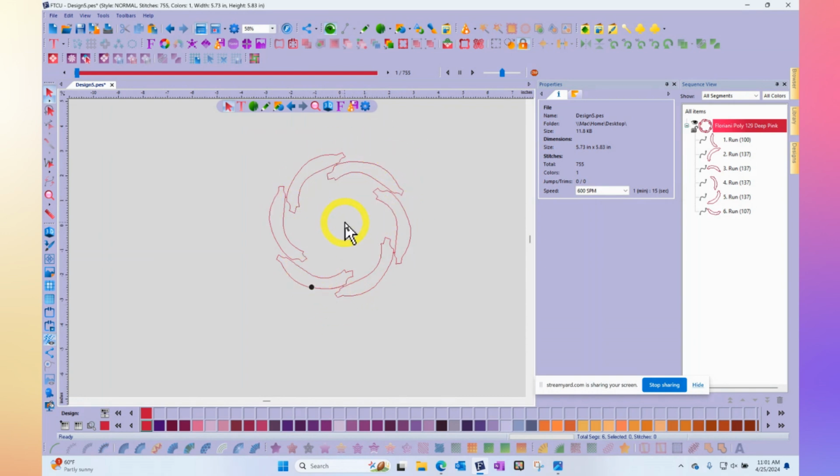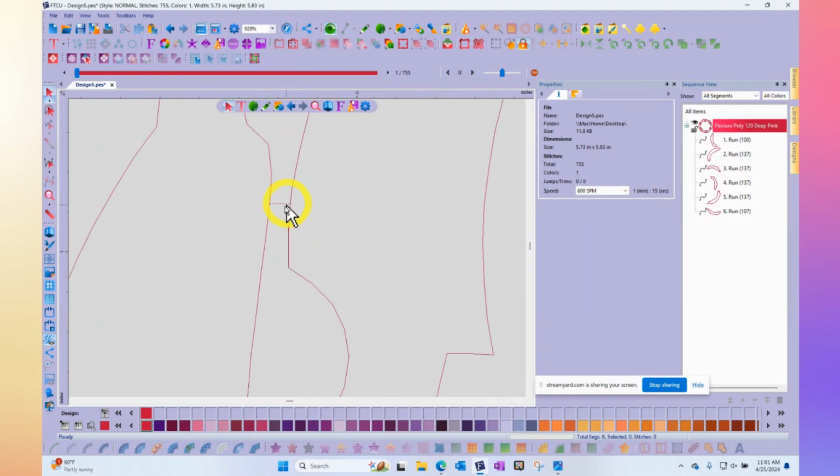And there's another point that I think we could also learn here, because we've connected their entry and exits, and now the program is going to sew to here and then jump over and start the next one there. But you can kind of see when I zoom in 928% that there's a few extra stitches here. Well, those will be the tie off stitches before the jump, and these will be the tie in stitches, only we've made the jump so small,